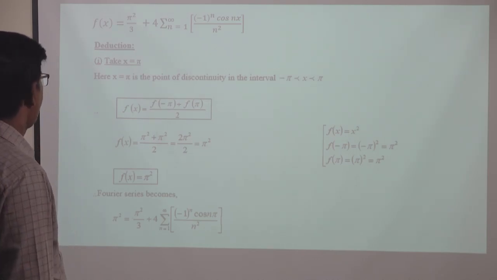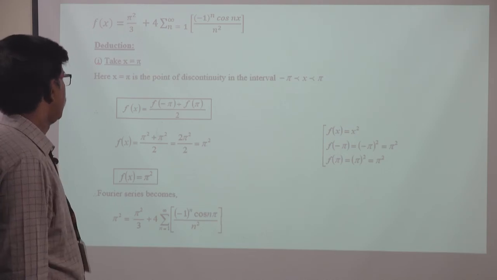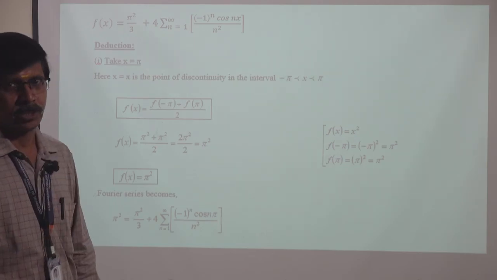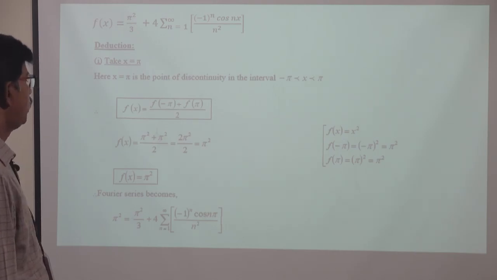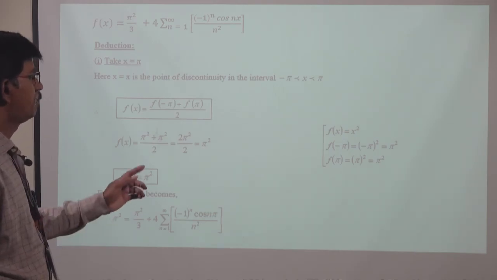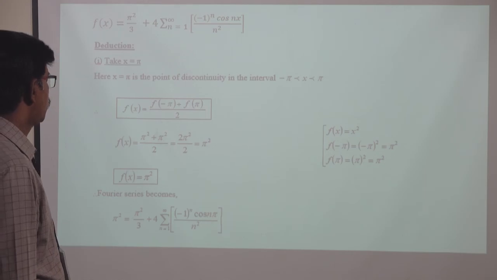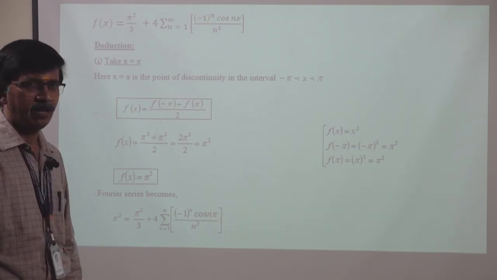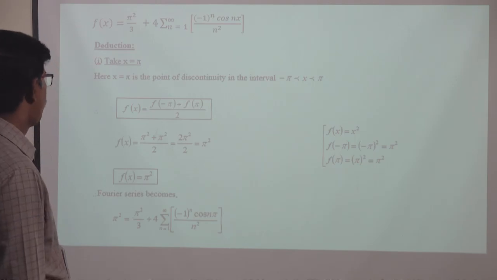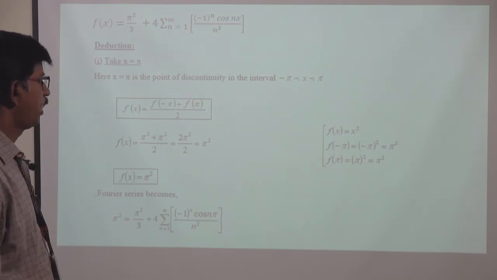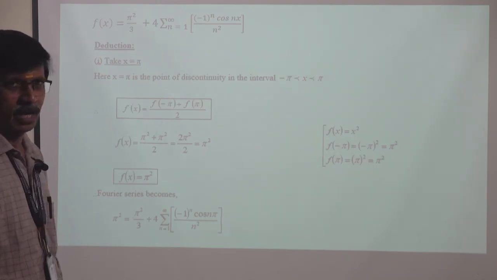In this case the value of x equal to pi is nothing but a discontinuous point. Here x equal to pi is a point of discontinuity in the interval minus pi to plus pi, because pi is the upper limit, so it is a discontinuous point. If the value we have considered is discontinuous, we have to consider f of x in the form of f of x equal to f of minus pi plus f of pi by 2, that is lower limit plus